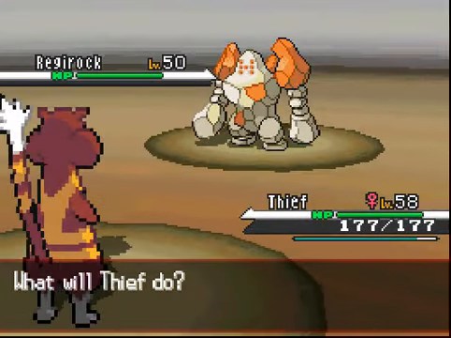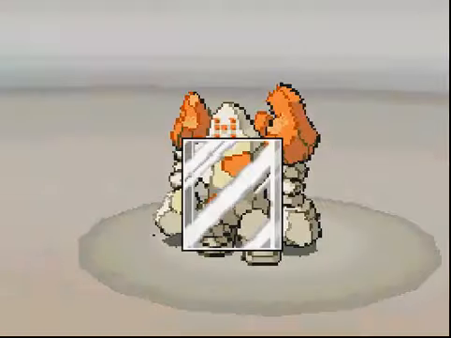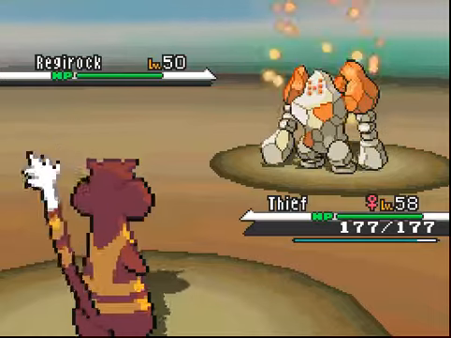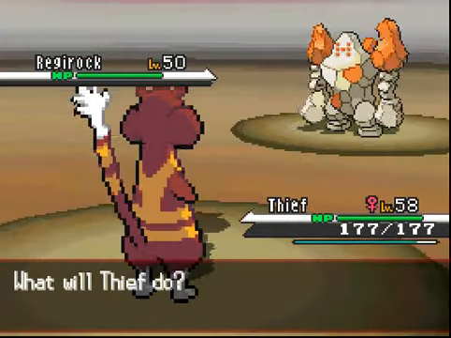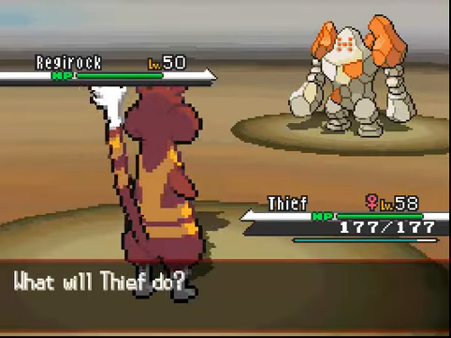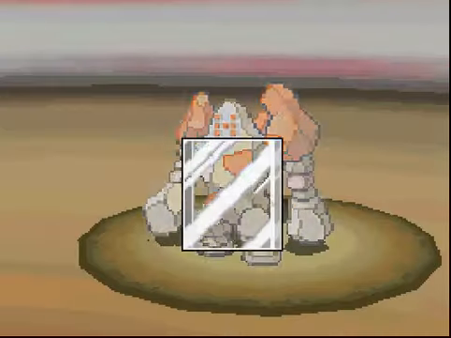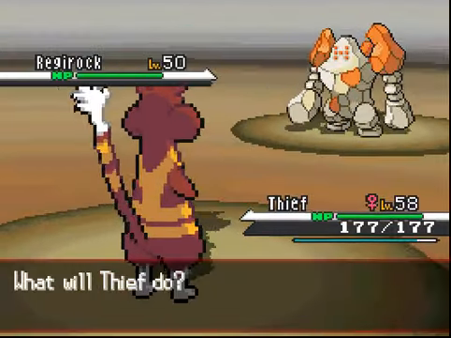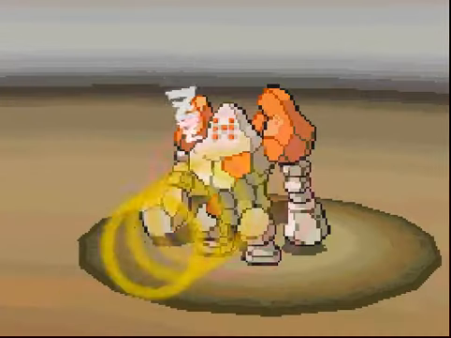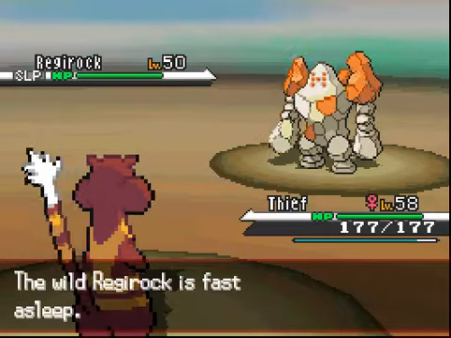So let's go ahead and catch this guy, or thing, because it doesn't have a gender. And it also has Iron Defense. And we missed the Hypnosis, which kind of sucks. But that's okay, because we're going to do it again, and it's going to miss. Jeez. I don't know how you're avoiding the attack, you're just pumping up your defense. Okay, finally, after it got its defense to +4. Not that it matters, but...